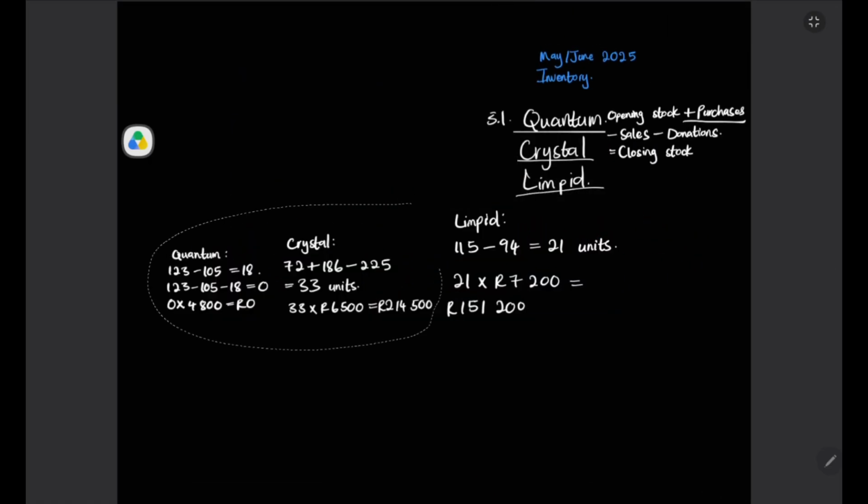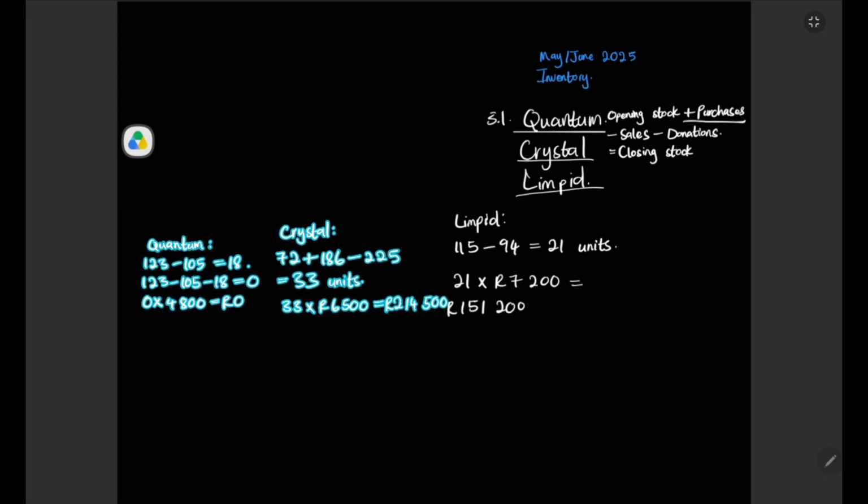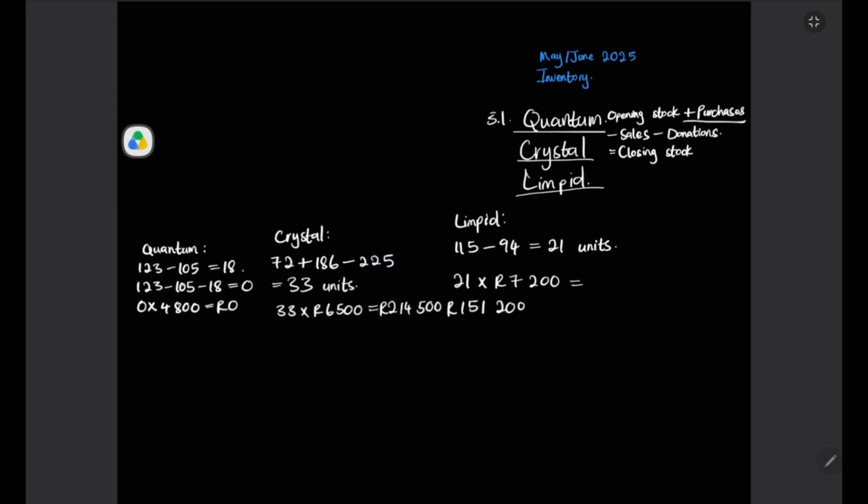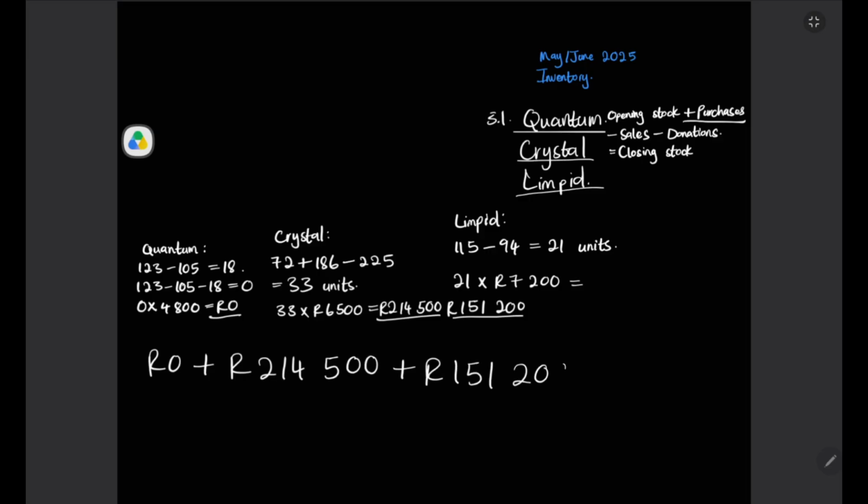Guys, we had Quantum, Crystal, as well as Limpid. Under Quantum, we had 0 as our closing stock balance. In Crystal, we had 214,500. For Limpid TVs, we have 151,200. So you have to say 0 plus 214,500 plus 151,200. When you add all these, you should get an answer of